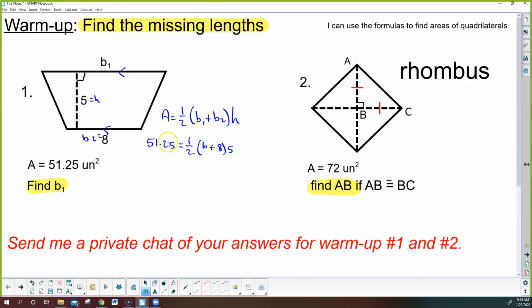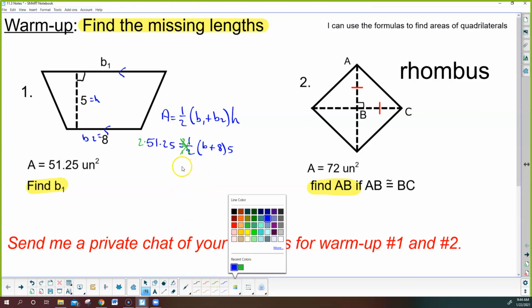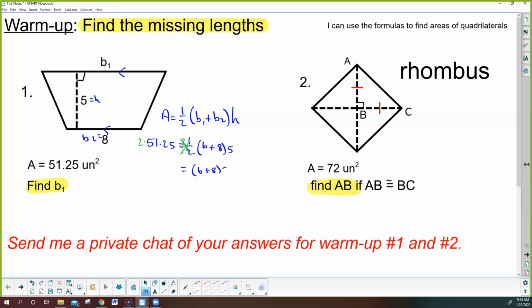All right. Now, there's a couple of ways to solve this. This is the way that my brain works. I really don't love having this 1/2 here, so I'm going to move it over to the other side. One way to undo a times by 1/2 is to times by the reciprocal, 2. So the 1/2s reduce out. And then I've got 51.25. If I double that, I get